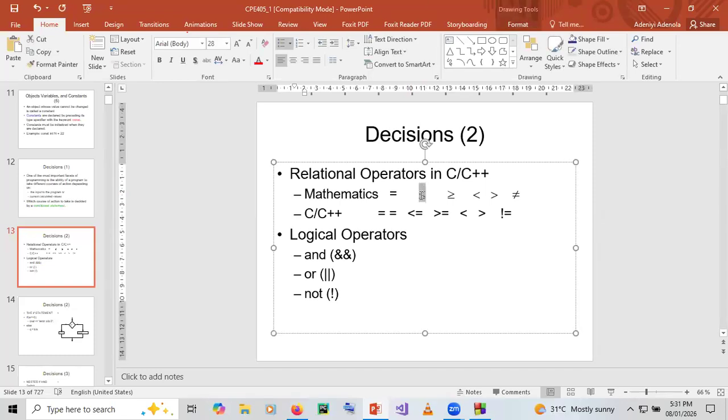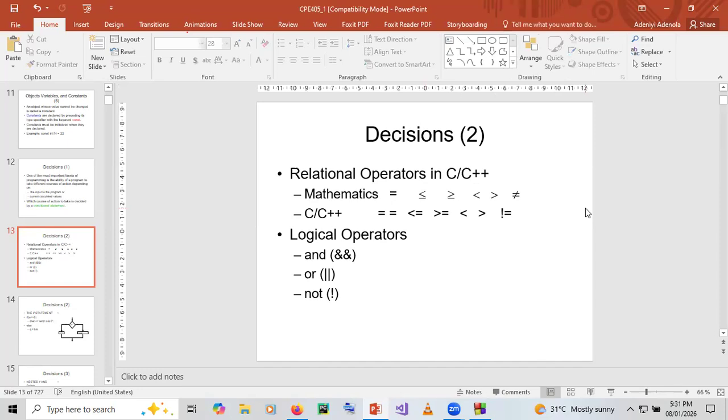So you always have less or equal to, greater than or equal to, less than, greater than. The last one is what? Not equal to. That's what you do in mathematics. Is this size equal to this? That's comparison. If you want to make those comparisons in mathematics, this is what you do, equal to. But in C++